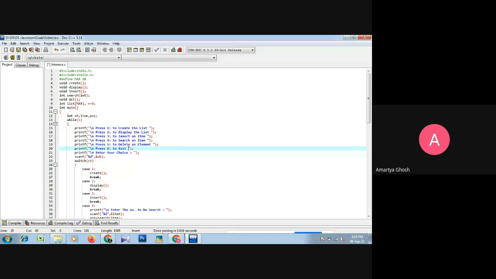Okay. So initially we declare two header files, that is stdio.h and stdlib.h. Let us ignore these header files for now, because why we include them will be learned later.